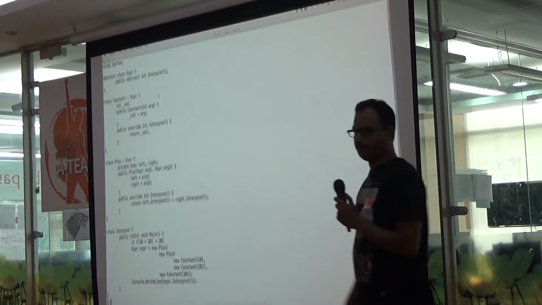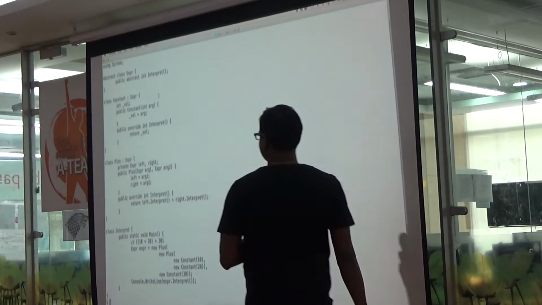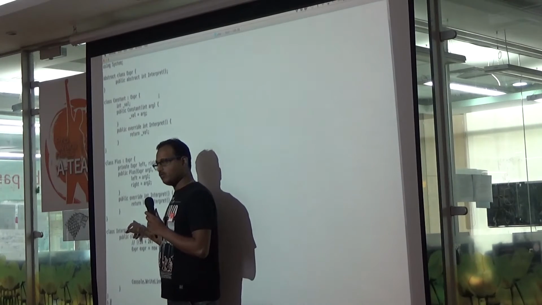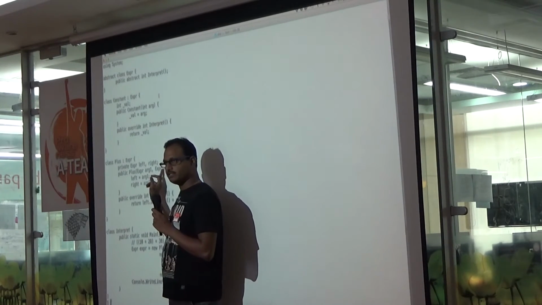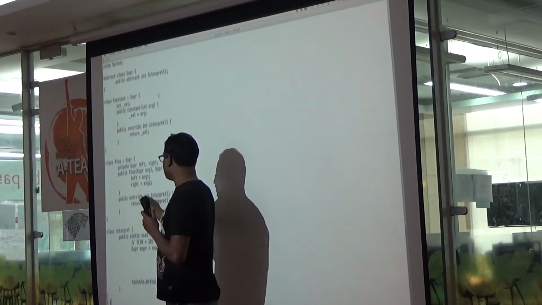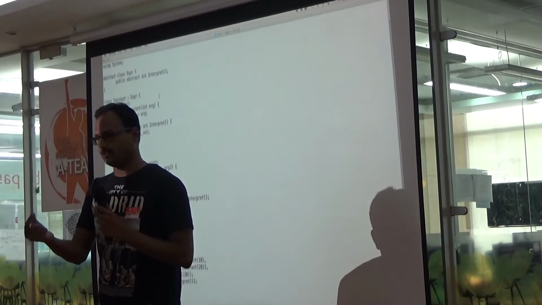It's much more readable. Now, can I test them independently? Of course, yes. For example, if you want to test plus, what you need to pass is 2 expressions which have the left and right nodes, and check the result called int. I can test it independently. I have 100% test coverage.